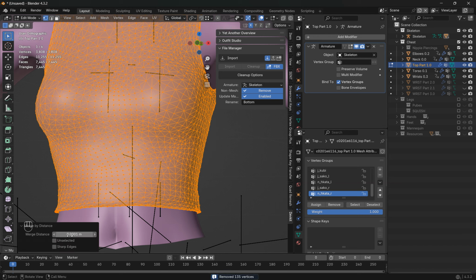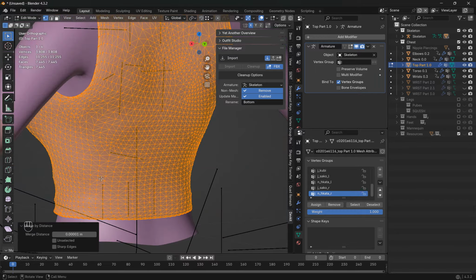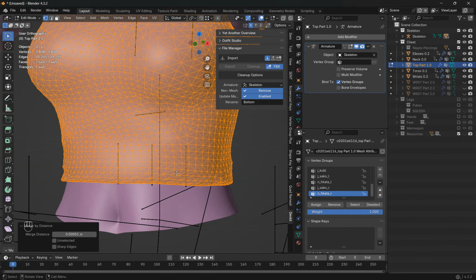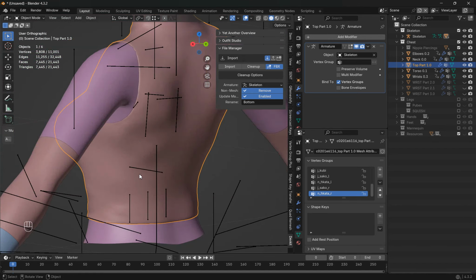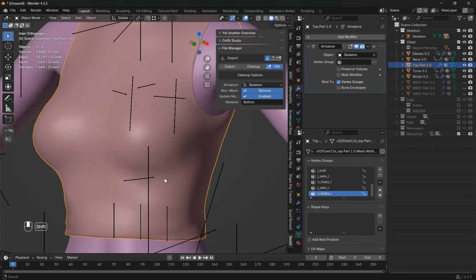So 135 got removed. I usually scroll this all the way down, so it's basically like nothing. These vertices have to be legit right on top of each other. So it removed 135 vertices that were right on top of each other. Now when we get out, we look at it, because sometimes doing that will affect something called the normals,